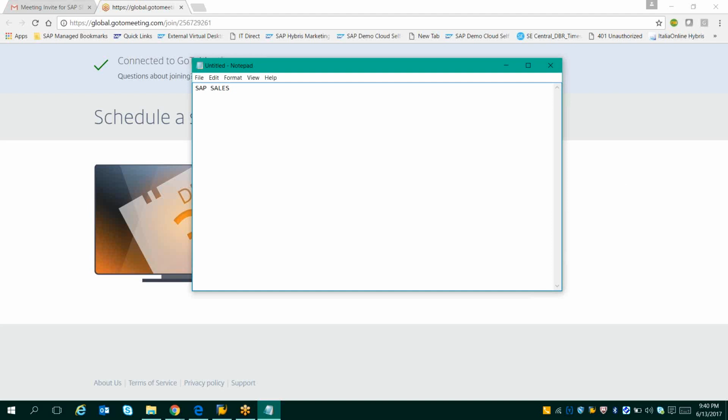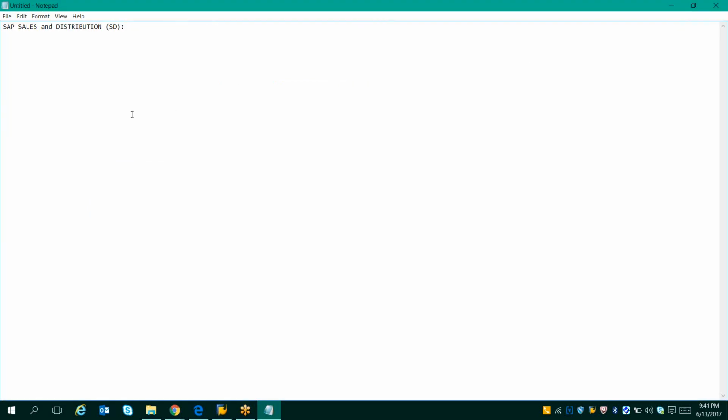So, SAP Sales and Distribution. We shortly call it the SD module. Basically, what this module is all about is it has three things. One is sales, second is delivery, and third is billing. These are the three main processes under Sales and Distribution. So to understand the process in SAP, how to build a complete SAP SD module,